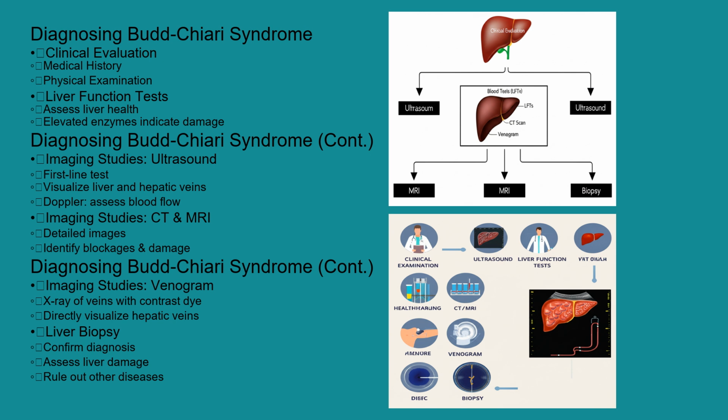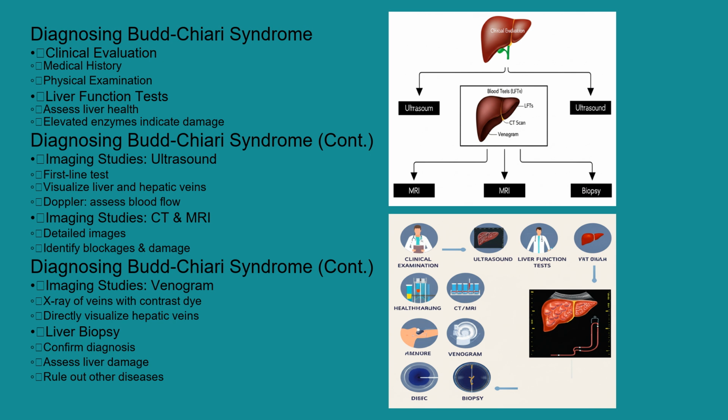Computed tomography (CT) scans and magnetic resonance imaging (MRI) provide more detailed images of the liver, hepatic veins, and surrounding structures, helping to identify blockages and assess the extent of liver damage. In some cases, a venogram, an X-ray of the veins taken after injecting contrast dye, may be performed to directly